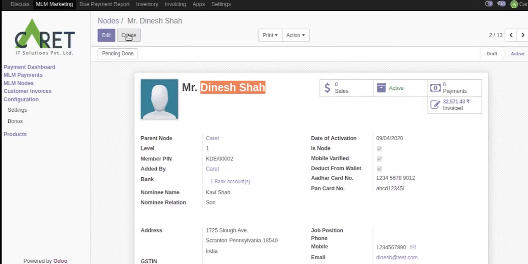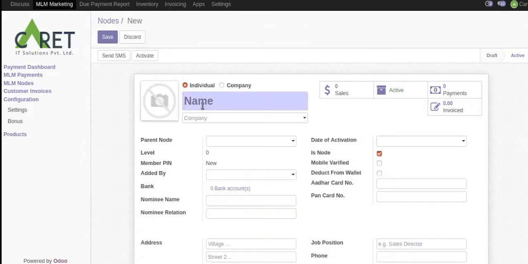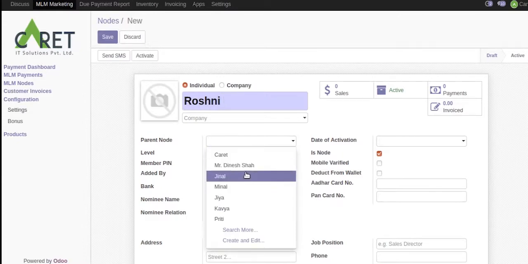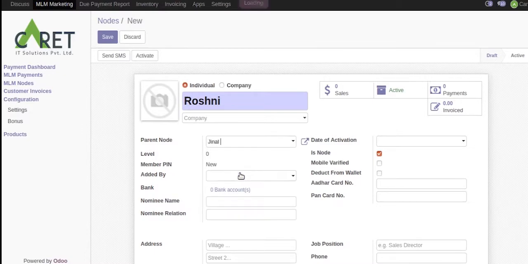For example, if we create one node, and the parent node, suppose it's a parent node, and mobile verified or not, so we can have the mobile verification from here.